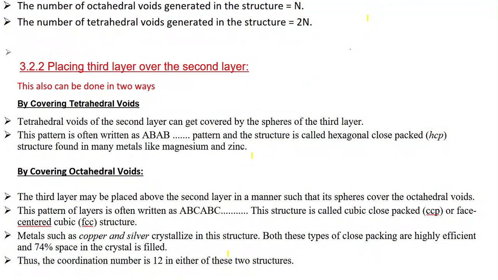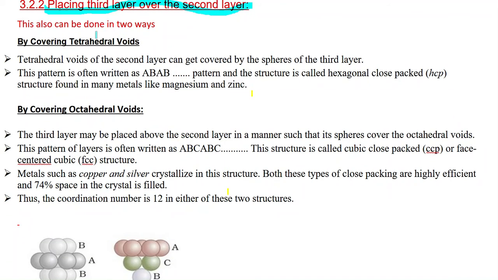Now we are going to place the third layer over the second layer. We have placed the second layer already. Now we are going to study how to place the third layer over the second layer, or what will happen while placing it. We can do this in two ways.